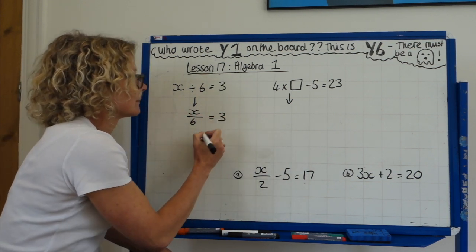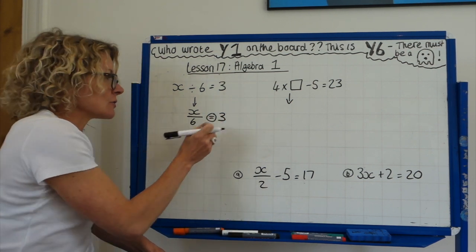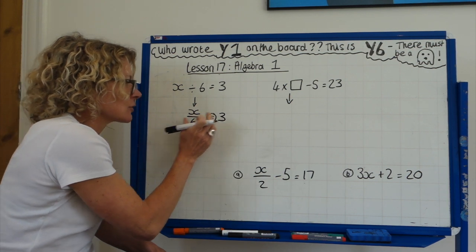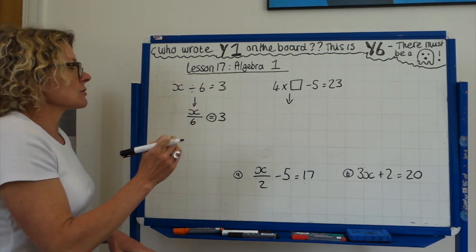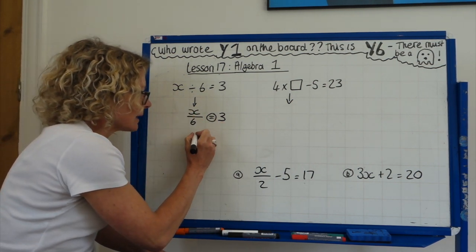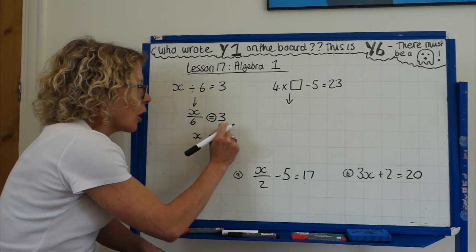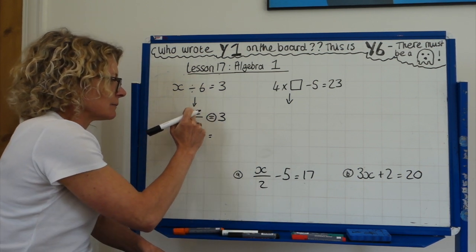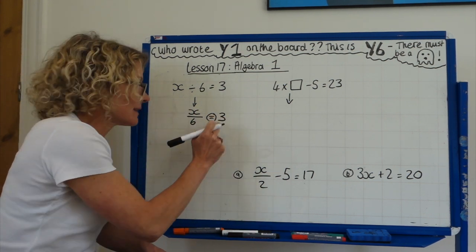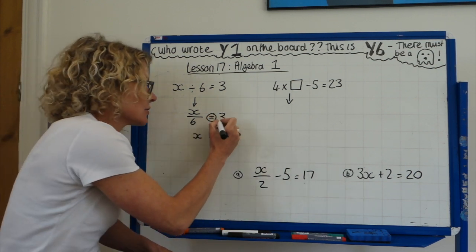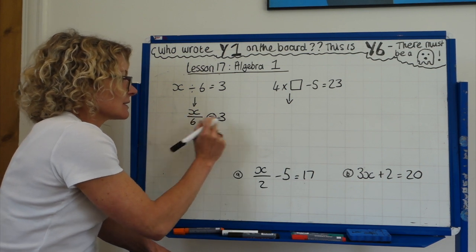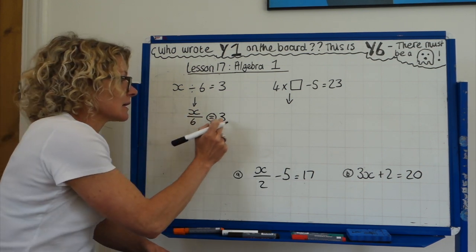Equals 3. So this side of the equation has got to be equal to that side of the equation when we're trying to solve it, okay? So something divided by 6 equals 3. To find out what X is, you're going to have to do the opposite. You divided X by 6, so to find out what X equals, you have to times that by 6. Opposite operation, yeah? So X divided by 6 equals 3, so 6 times 3 will equal X. 6 times 3 is